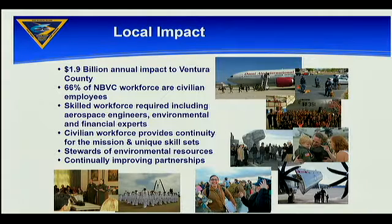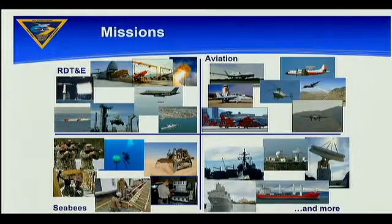A few of the things you can see that civilian workforce brings as a benefit to us. And we'll talk about being stewards of the environment here too. It's very, very important to us, and you'll see by some of the landscape that we have. And we're always working on partnerships, and we appreciate opportunities like this where we can talk about the base and our impact. So emissions, this is just a rough overview, and as you can tell, I like to do pictures